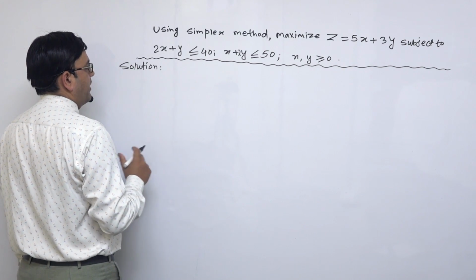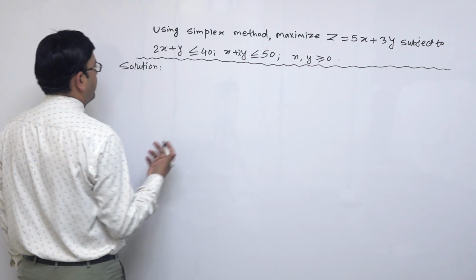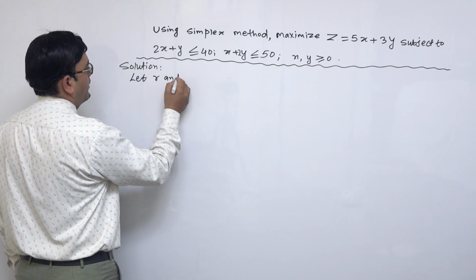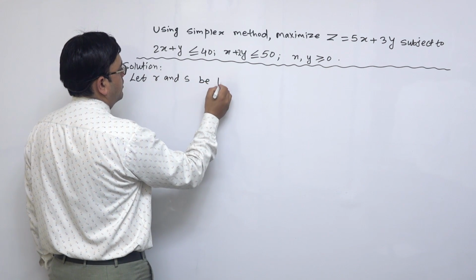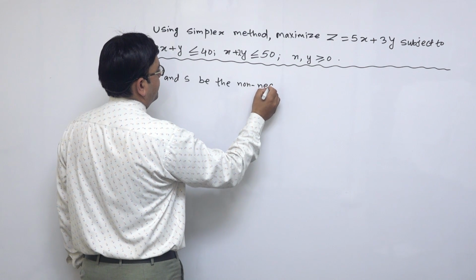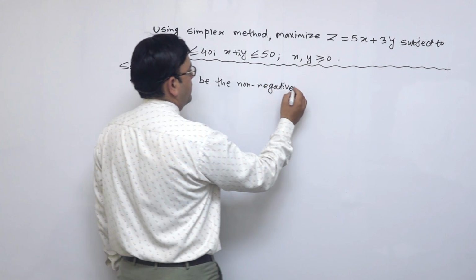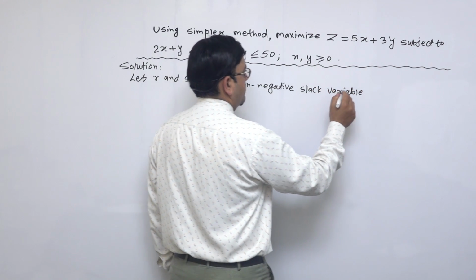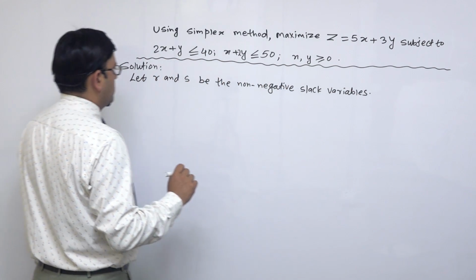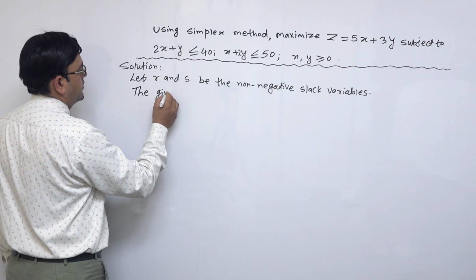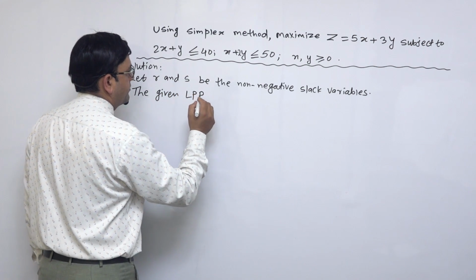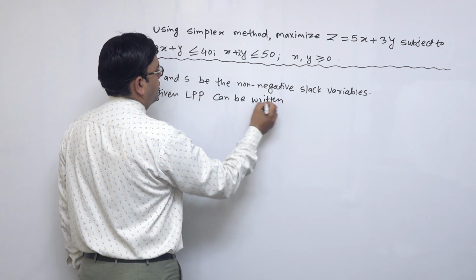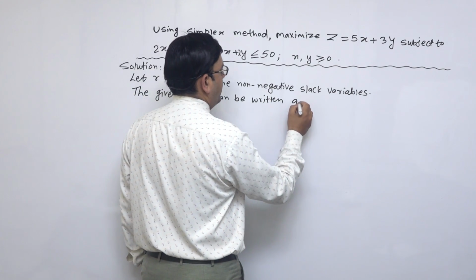In this question, first of all, what we have to suppose, you already know, we have to suppose the slack variables. So let r and s be the non-negative slack variables. The given linear programming problem can be written in the standard form, written as